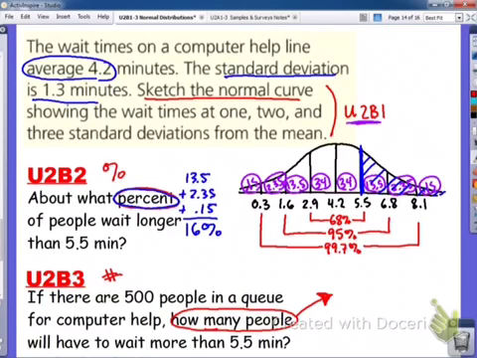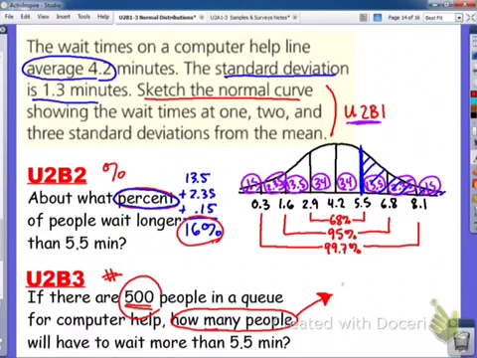Here's how you do it. How many people were, now a queue is also a line. It's like you're in line, you're waiting, okay? So take a number and sit right there and wait. All right, so there's 500 people in the queue. So if we know that 16% of the 500 will be waiting longer than 5.5 minutes,